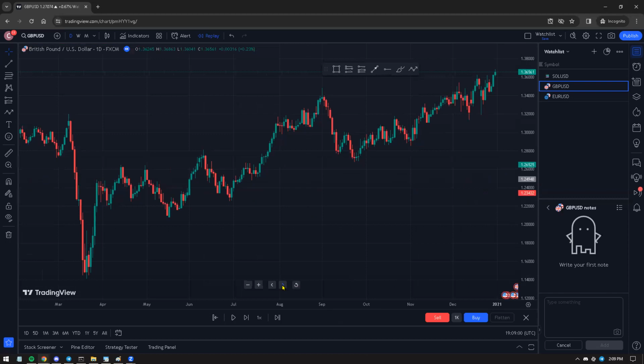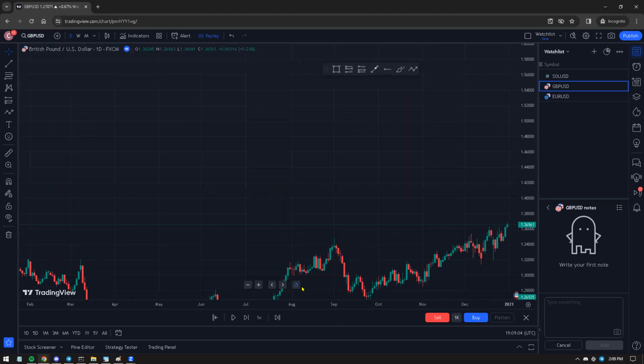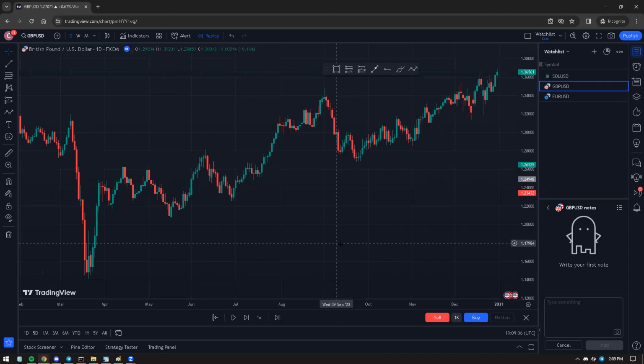So as you make adjustments to the chart, you can do all sorts of stuff. And if you ever want to reset it, reset it. I like resetting it just the way it is right here, because this gives me just enough data that I can actually start to work with. Looking at a particular